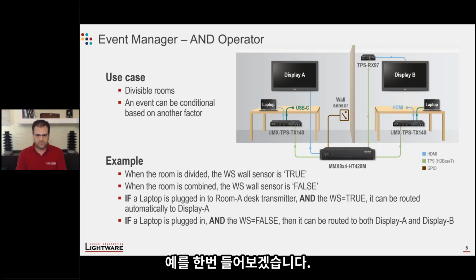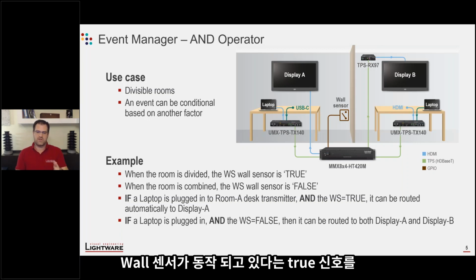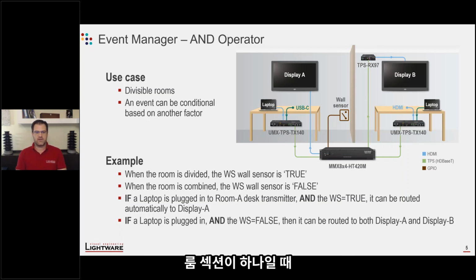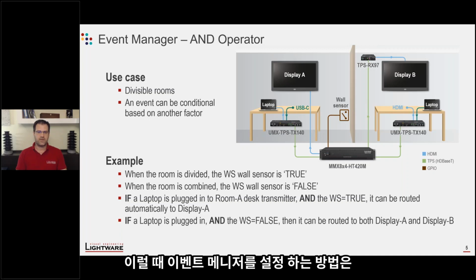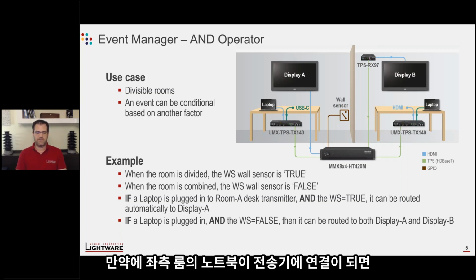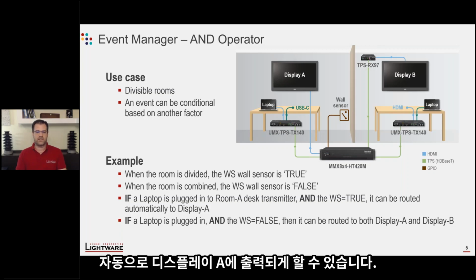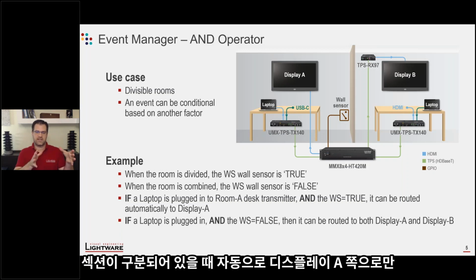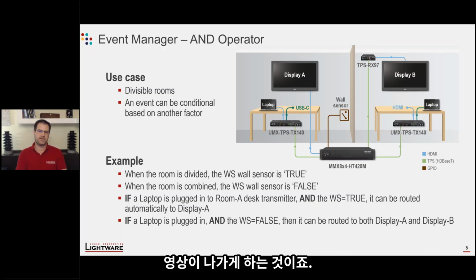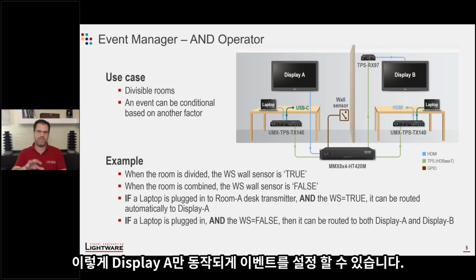The example is like this. So the room is divided, then the wall sensor sends a true signal over GPIO to the matrix, or if the room is combined and the wall is hidden away, then the wall sensor will send me a false signal. And then I can set up an event: if a laptop is plugged in to the room A desktop transmitter and the wall sensor is true, I can route it automatically to display A because I know that it is a single room, a divided room, and I want to route only to display A, not affecting the other part